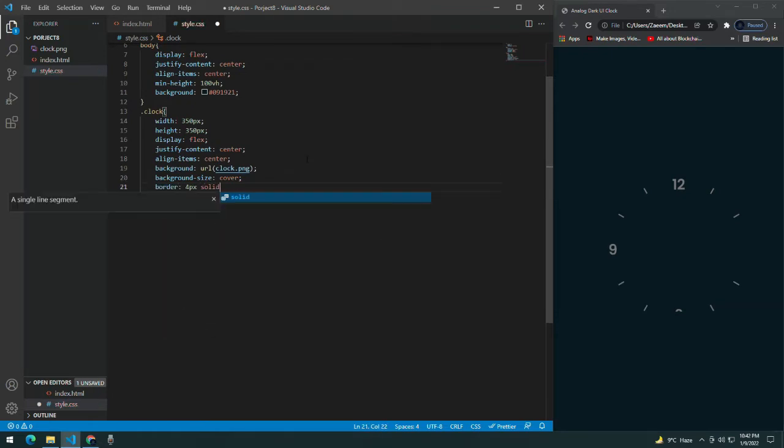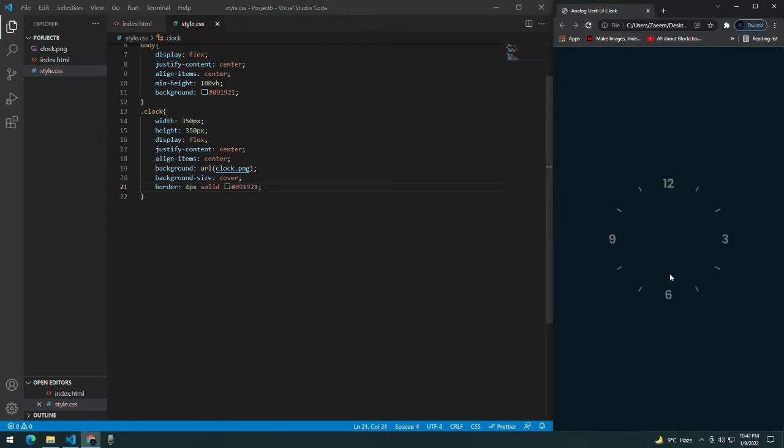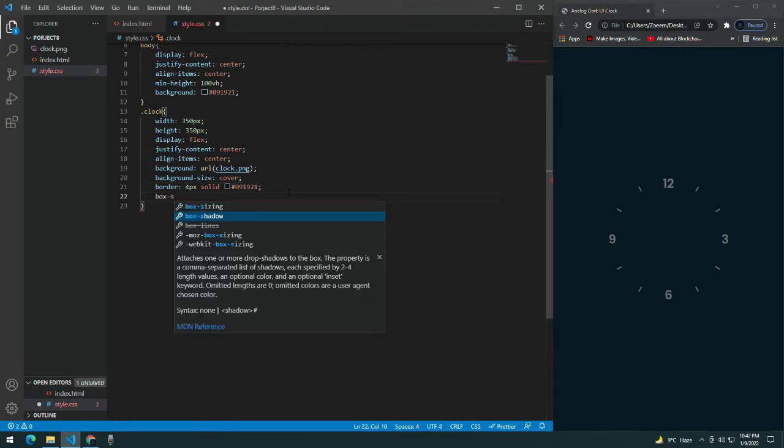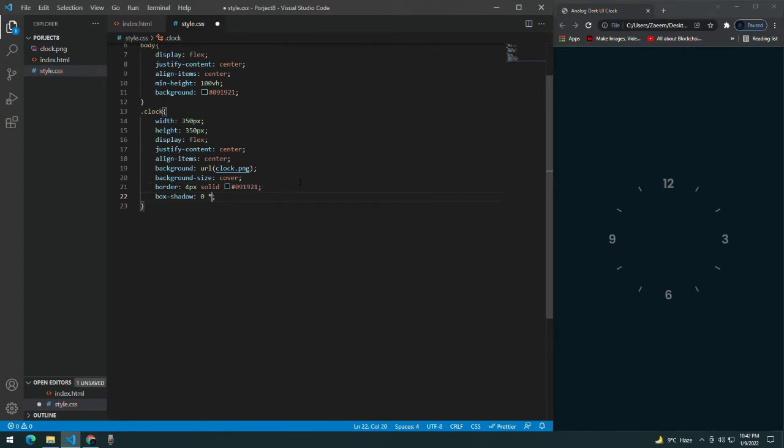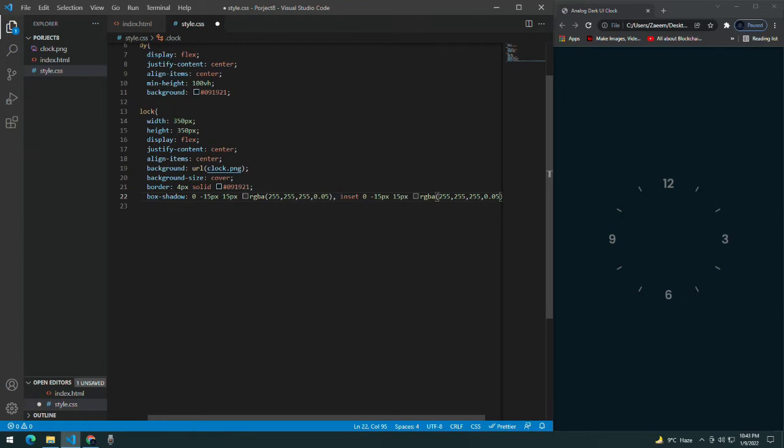Give it a background size of cover. Now giving a border of 4 pixels solid, and giving it a dark theme color, you can see, and giving it a box shadow as well: 0, minus 15 pixels, 15 pixels, RGBA 255, 255, 255 and an opacity of 0.05. Okay, and let's give it an inset, and copy this and paste it here.